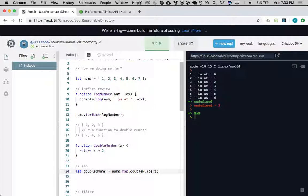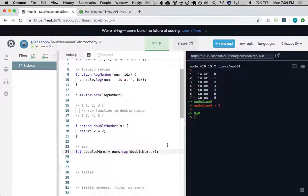Now today we're going to talk about functions that return functions. So if double number returned a function, maybe then I would actually invoke it right here. So we can't just make a hard-coded rule where it's like, hey, never invoke the thing that you give to map. But we have to be aware that if we invoke this thing, we get back some value, and that's not what I want. If it returned a function, maybe then I do want to invoke it. But all these concepts build on top of each other. We have to understand what invoking a function does. We get a return value. And then in our specific use case, we have to know if that return value is a function, maybe that's what we want. But if it's not, maybe I just want to refer to it. So when we run this,